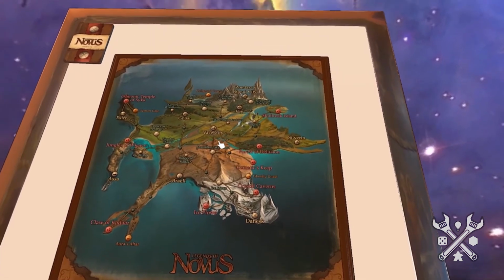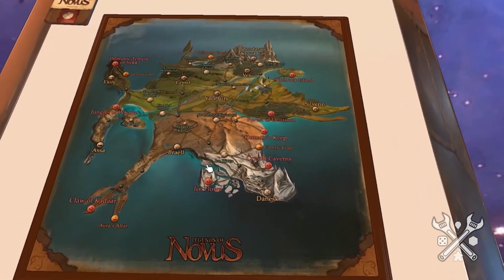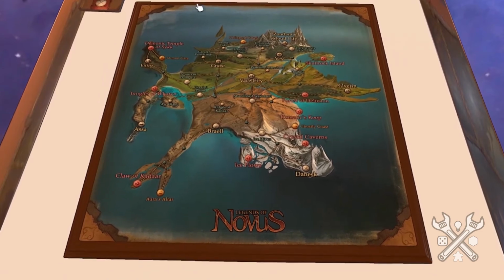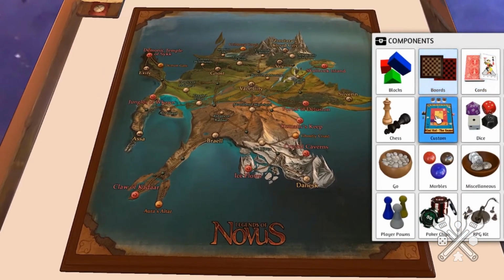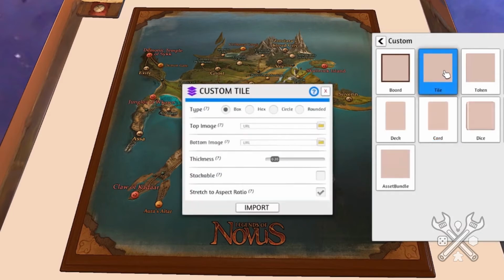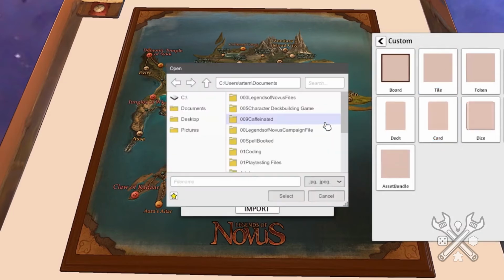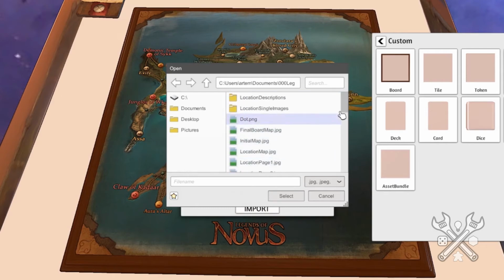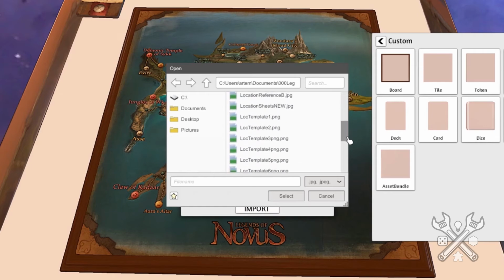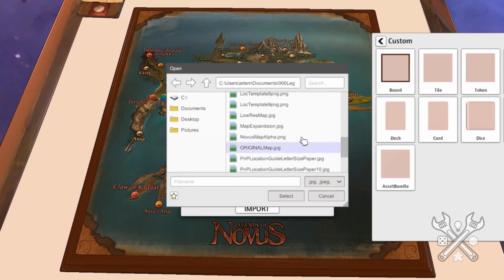Some people have boards that are more designed to be a board for each player, and if you're doing that, instead of making an actual board, you would want to make a custom tile instead. So I could make a tile just like I made my board using my map, going through here, map, and I could, if I wanted to give every player their own map, for example, I could,